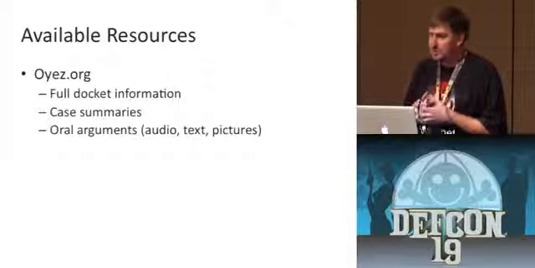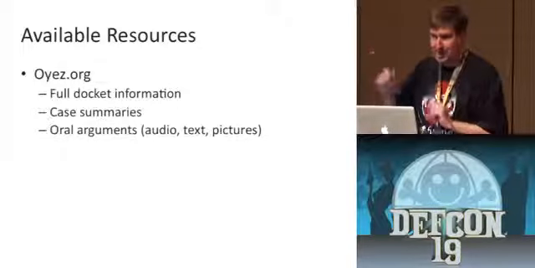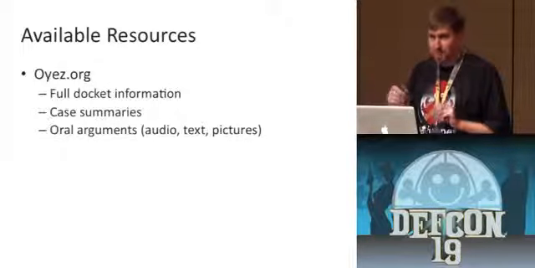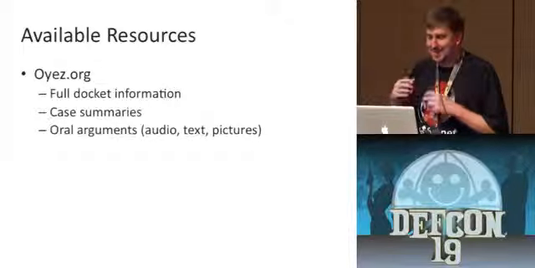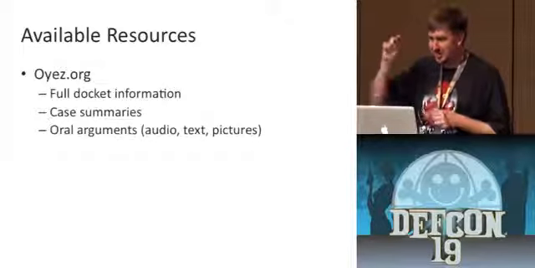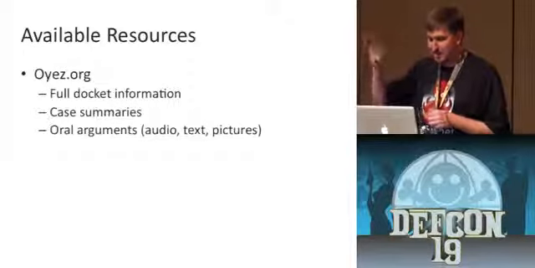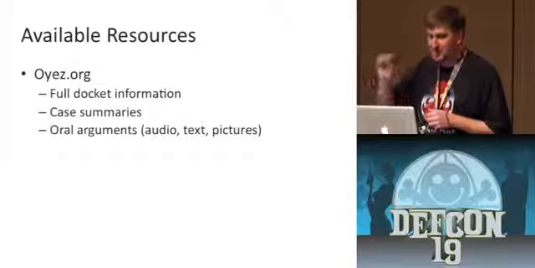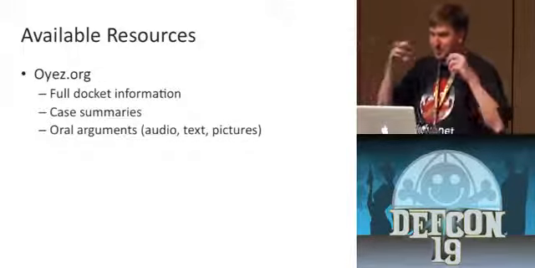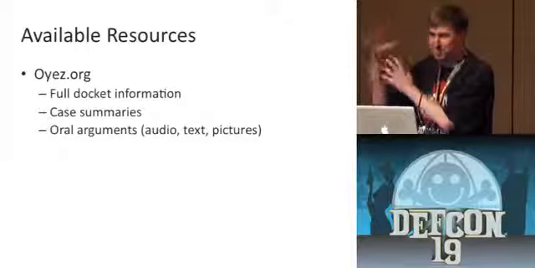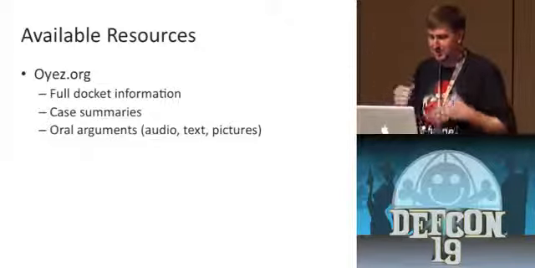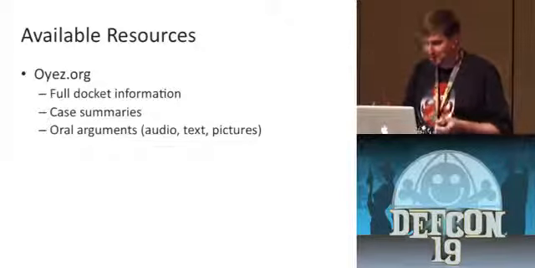But what's also fascinating is you can listen to oral argument there. You can go, and there's a little Flash applet, which I'm sure is totally secure, and then you can listen to the oral argument. It actually has a little kind of comic book style. I'll show it to you on the next slide. We can look at the pictures of the justices. Whoever's speaking, their picture will light up, and you can see the text of what they're saying. And so you can experience as though you were there at 1 First Street.